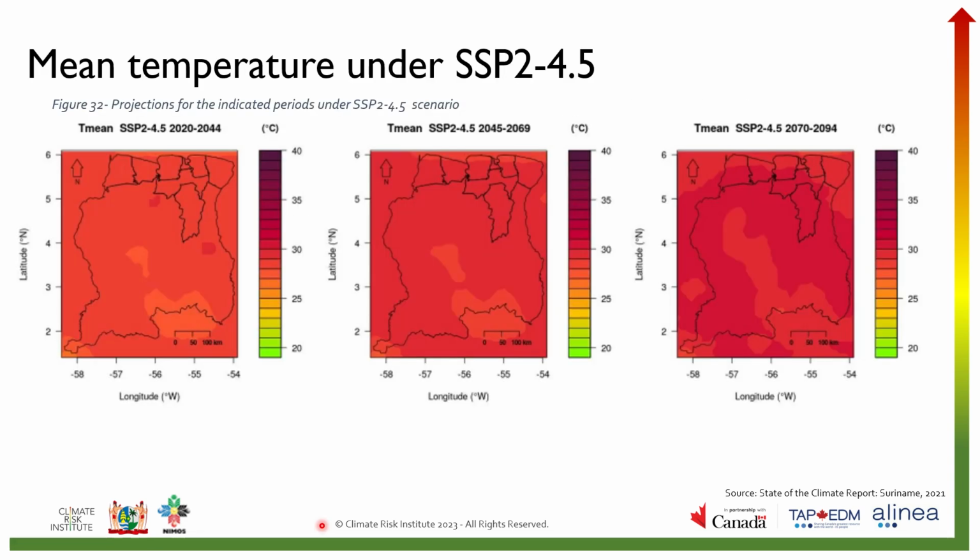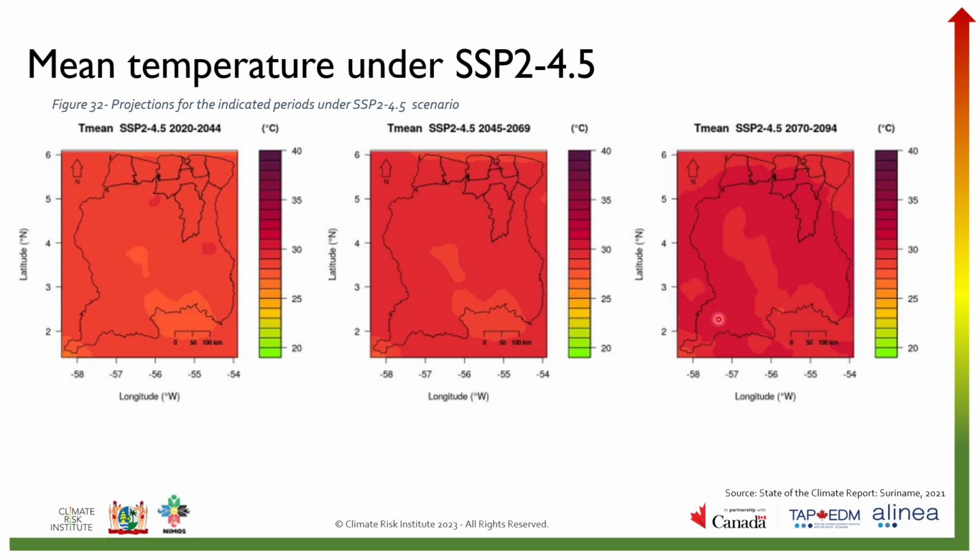These maps are showing mean or average temperature for SSP2 4.5 for the 3 different future time periods, so we can see the years here. We can see that the mean or average temperature is projected to increase. It is projected to change from 27 degrees Celsius, which was the average now, to 32 degrees Celsius by the end of the 21st century. And we can see the slow increase in mean temperature based on the change in color of these graphs. So as time goes on, the color gets darker orange and then darker red by the long-term future time period.